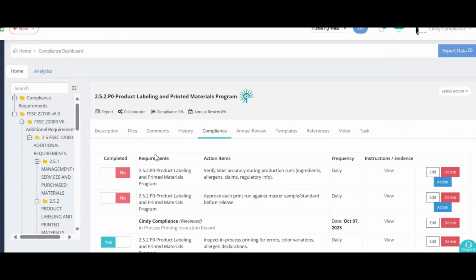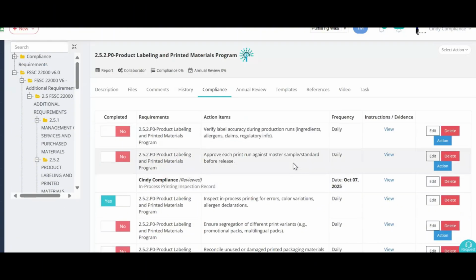Okay, the first action item is to verify label accuracy during production runs for ingredients, allergens, claims, or regulatory information. Second, approve each print run against master sample standard before release. So by the way, these are examples of your daily action items that you need to perform every day.